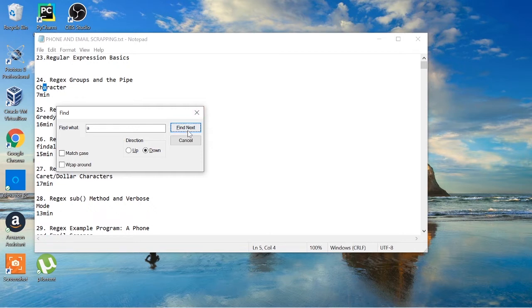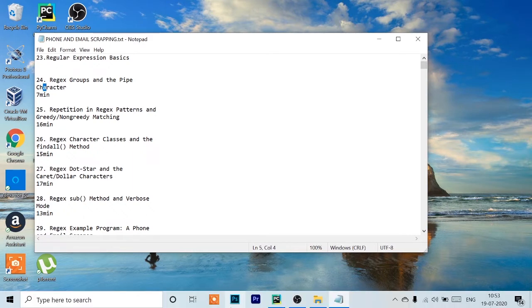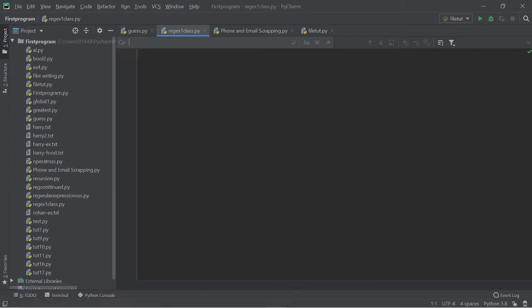But if anyone asks you not to make use of the find tool or Control F, which opens the navigation tool, then regular expression comes into existence. So today we are going to learn how to make use of regular expressions and how to detect some pattern.